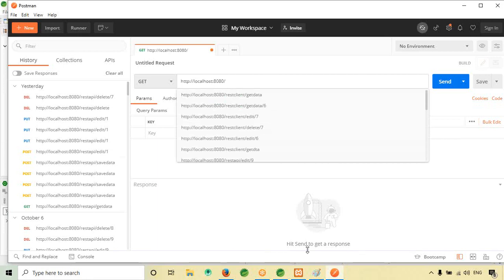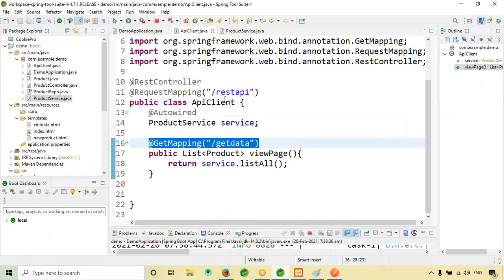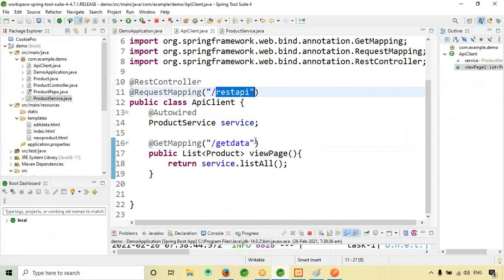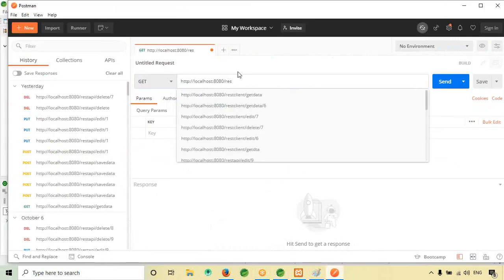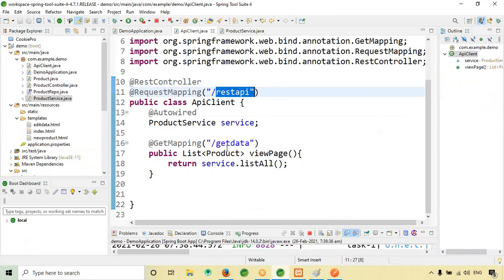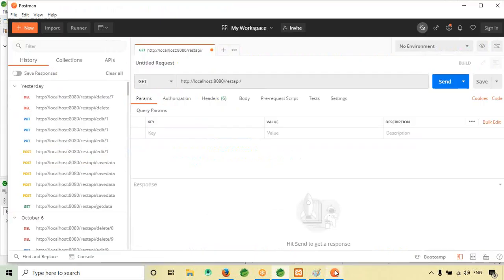Here I'm using the REST API request mapping. So for that, /restapi and then /getData, right? So this is my URL.